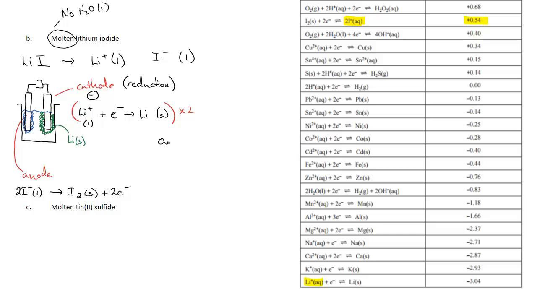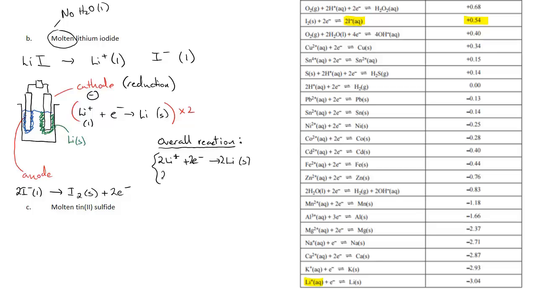So the overall reaction is going to be 2 lithium ions plus 2 electrons form 2 lithium solid,